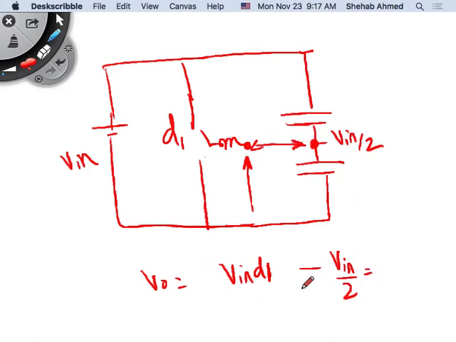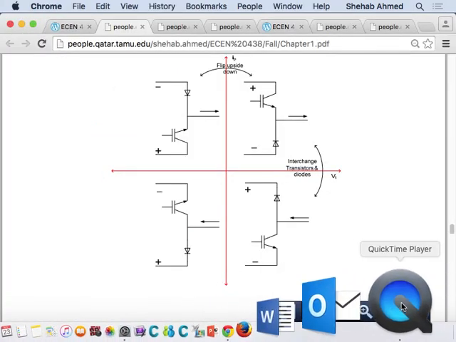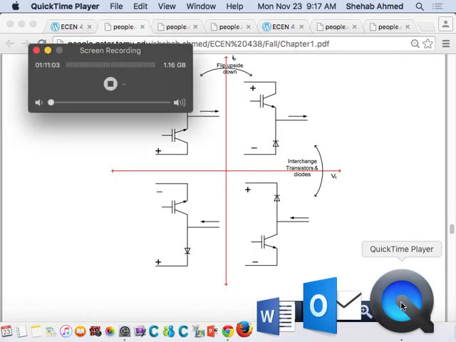You can tell me next time what's the range of operation for the half-bridge inverter, and then we'll continue next time. Okay, so we'll stop here. We'll continue with inverters next time, and hopefully you'll do well in the